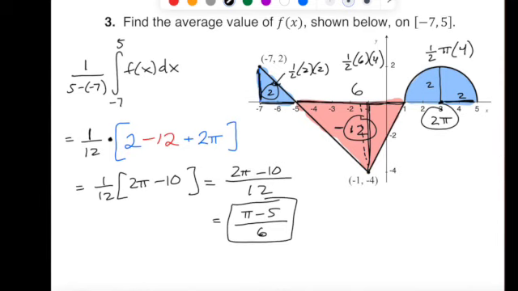But there is our final problem there, kids. So hopefully you saw a variety and got the concept down of what average value is. It's just area divided by base. And you got to brush up in all the ways you can find those definite integrals: calculator, graph, and with the